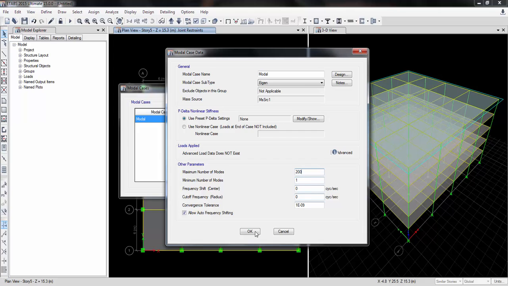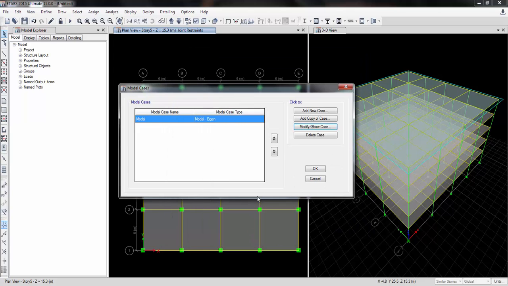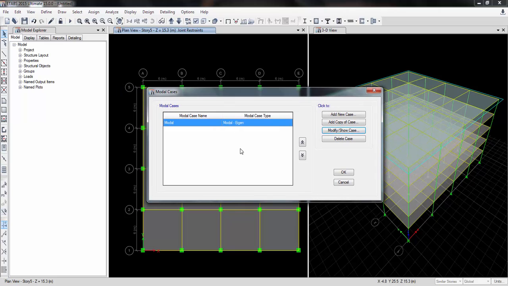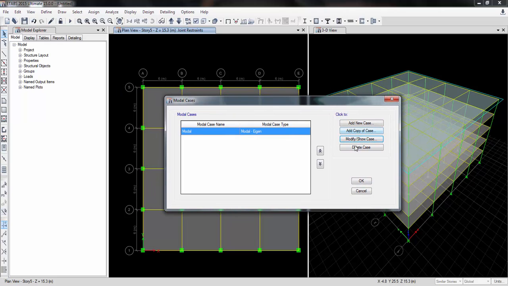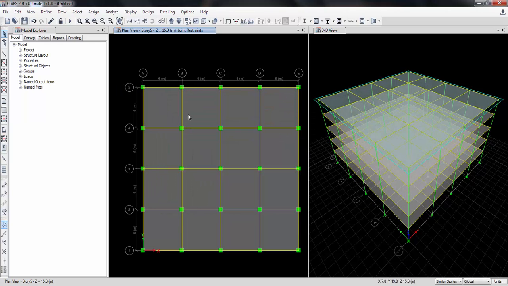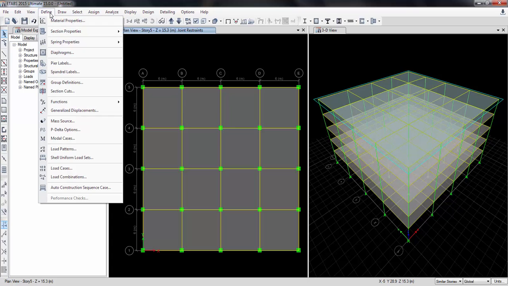The more the modes, the nearer the value will come, so the more iteration it will do, and the answer will be very nice for you. So next